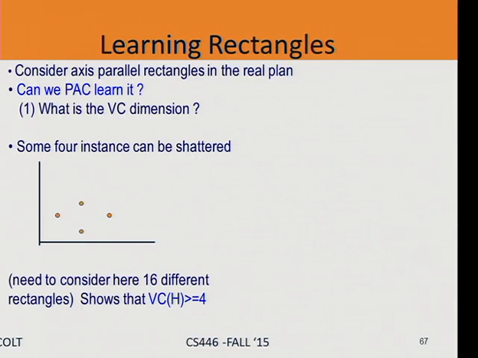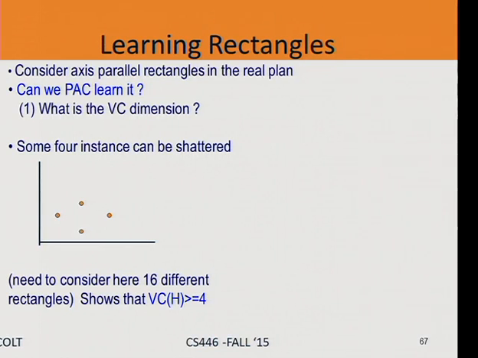Now, by the way, can you shatter all sets of 4 points? Give me an example where you cannot. Yeah? If the top and bottom are positive, and the left and right are negative. But you need to give me a set of points, because for this configuration, I can actually do what you suggested. For this configuration of points, I can do all 16, I claim. But there is a way to put the points in the space so that it will not work, yeah? If 3 points are the same length and